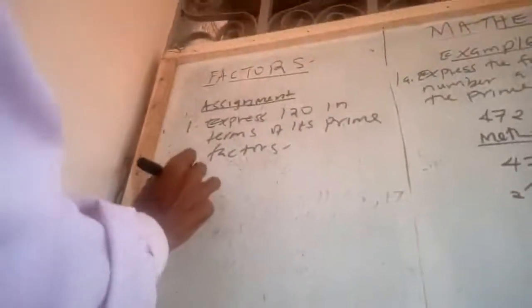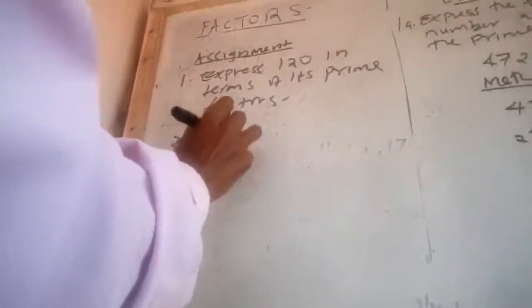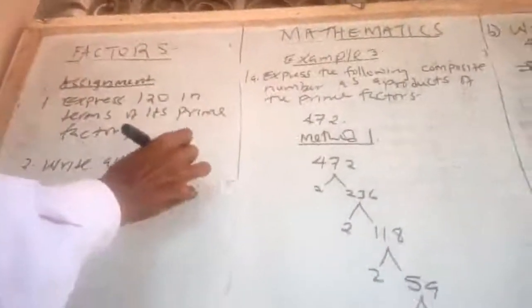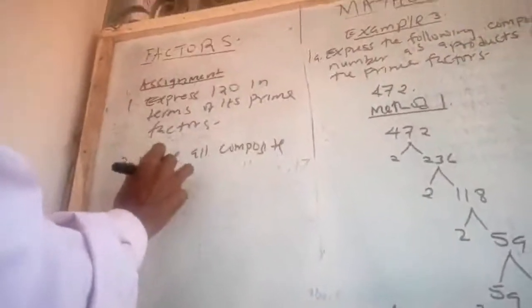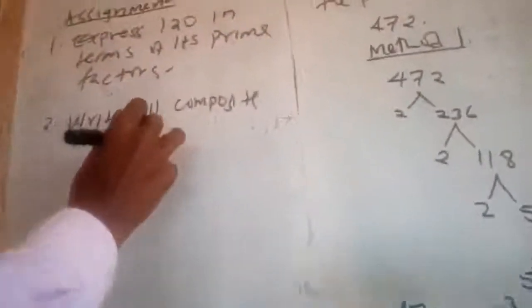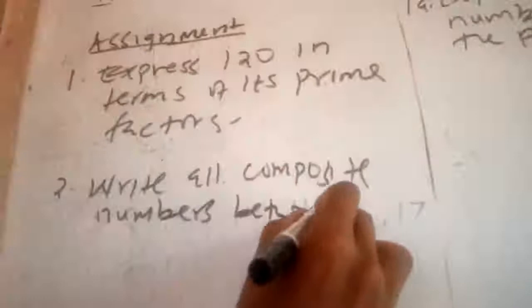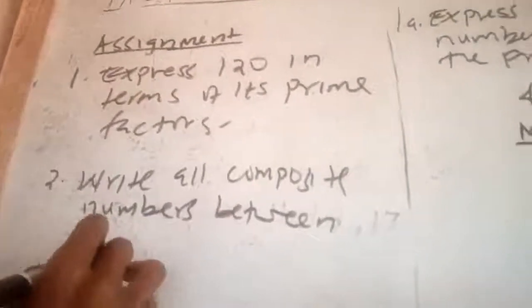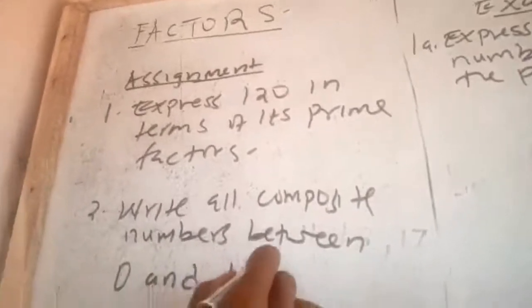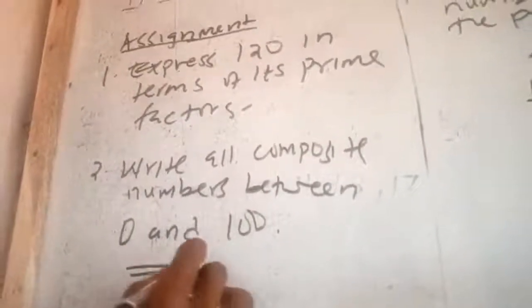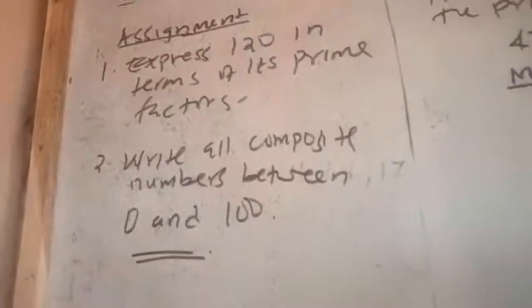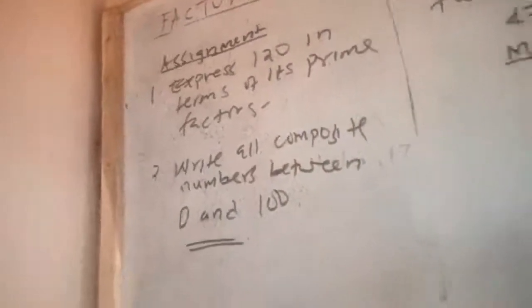And question 2: write prime or composite numbers between 0 and 100. So that is the assignment for today, and I will mark that assignment as the end of this topic,